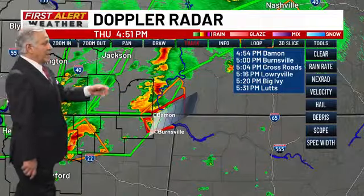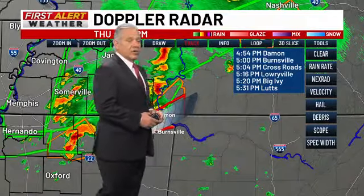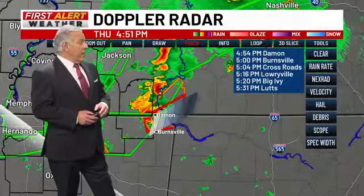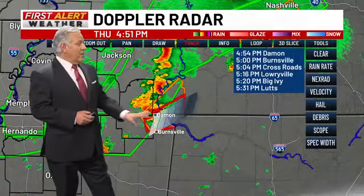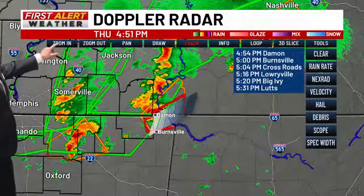So it's going to get into Damon at 4:54, then into Burnsville at 5 o'clock. Should be into Crossroads at 5:04. We'll see it then move into Lowry right around 5:16, Big Ivy at 5:20, and then should make its way into Lutz right around 5:31. Now, most of those communities just outside the coverage area, but as we take a closer look at what's going on in that cell,